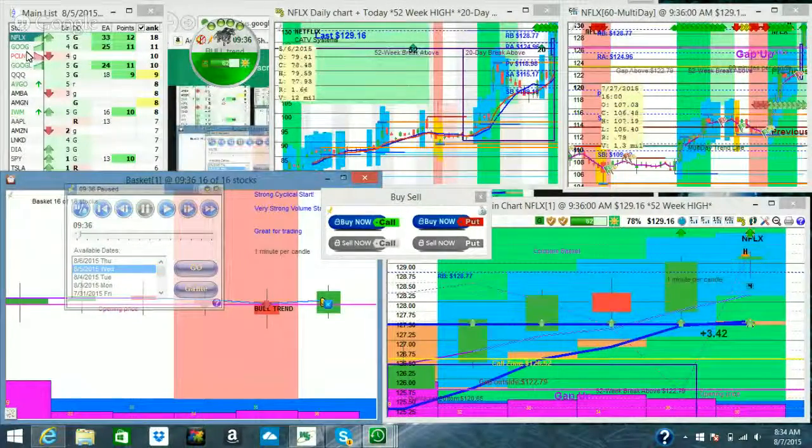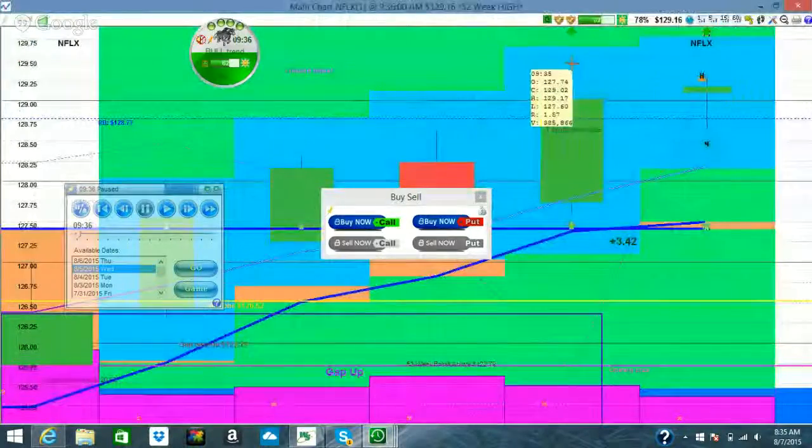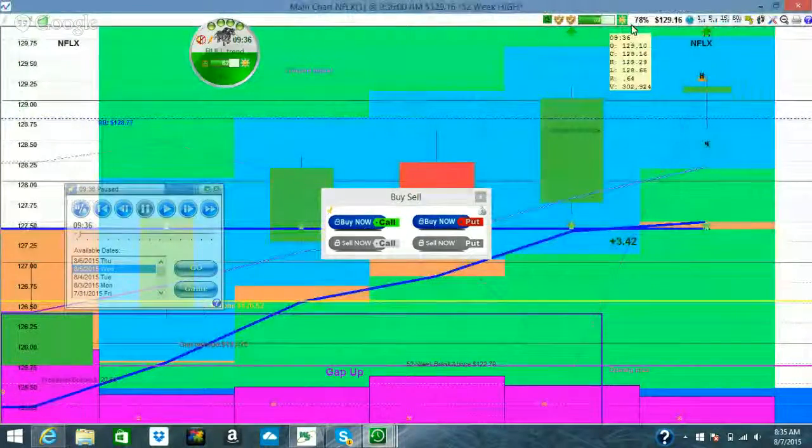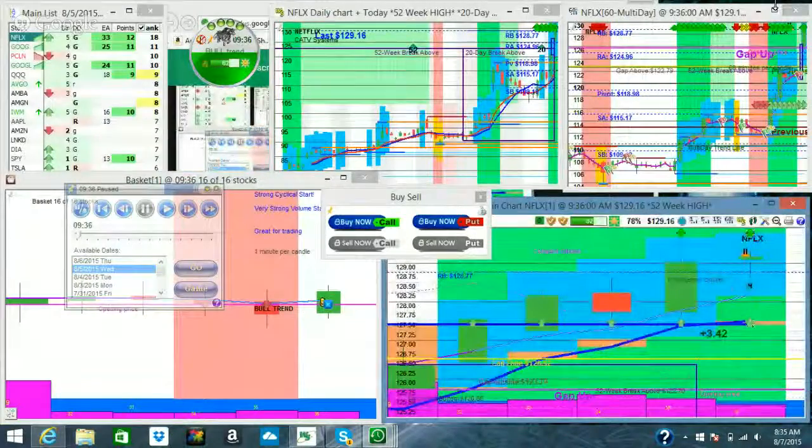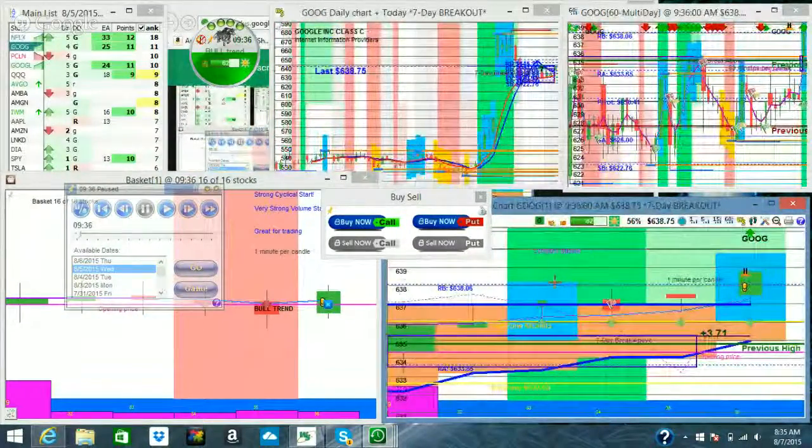What I'm going to do is do my scan. As you can see, Netflix kind of already took off. So you're already at 78%. Let me maximize this right here, which is projected for you by the system up in the upper right-hand corner. It says 78% of the stock's average movement has already occurred. So a little bit more risk getting in here than ideally like a 40 to 60%. So we're going to do a scan and look for one of those conditions.